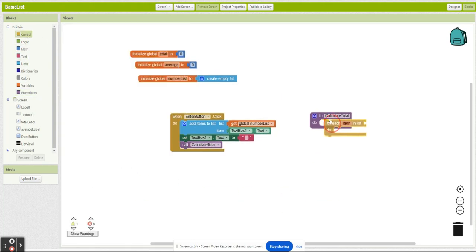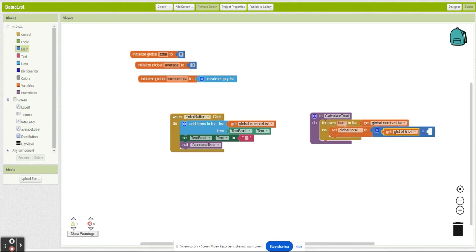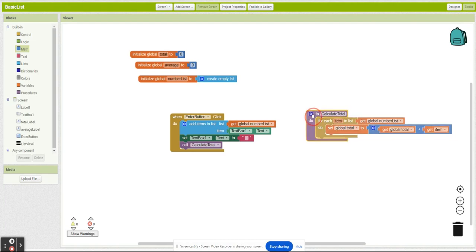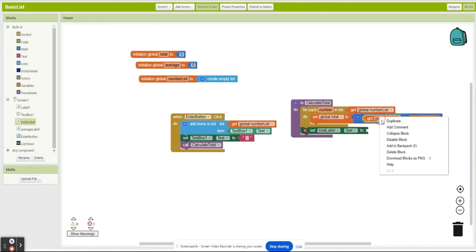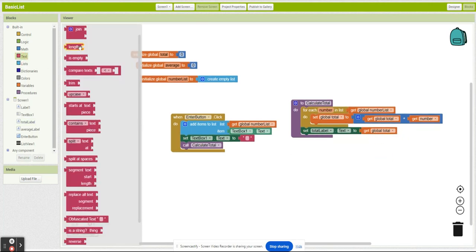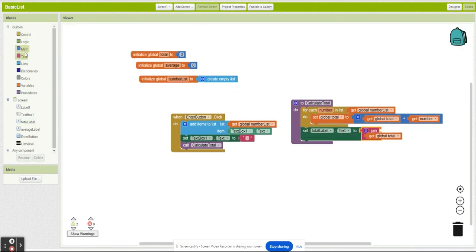So all we're going to do there is, for each item in our number list, we're going to set total to total plus item. And I always like to rename this here: for each number in our number list, total equals total plus number. Then at the bottom of this, we're simply going to set our total label to. And I don't like just snapping in like that. You can do that, but I always like to make it look a bit better and put in this